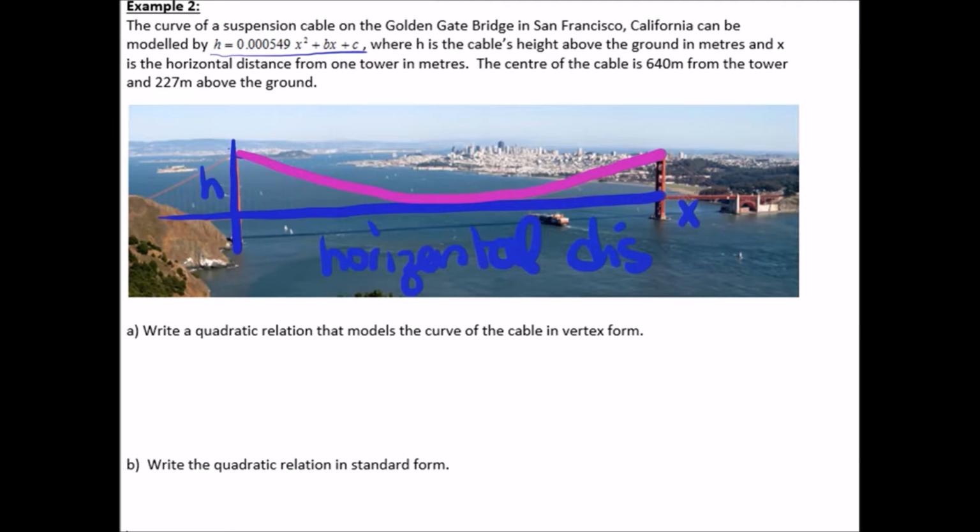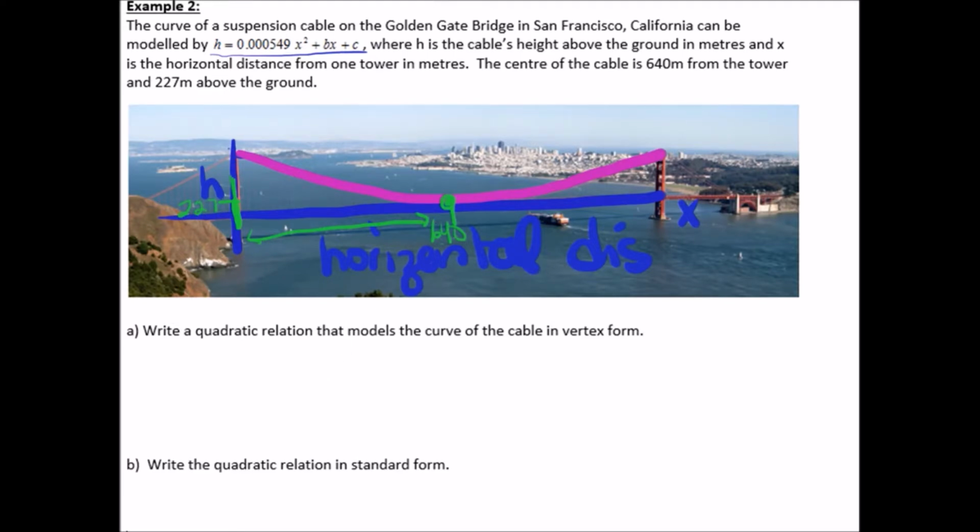The last sentence here: the center of the cable is 640 meters from the tower. So again, we're marking the tower here where I just put the green. What we're actually talking about is the vertex here. So it's 640 meters from the tower, and that would be